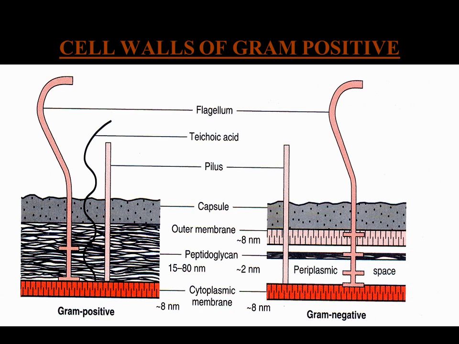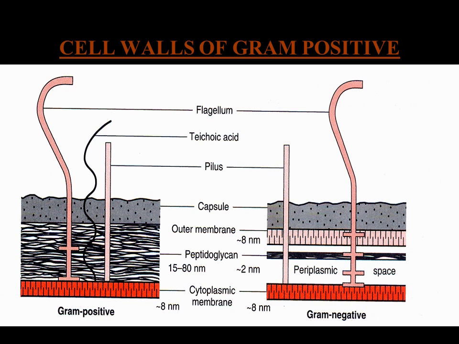Here I was telling you the basic comparison between the two categories of bacteria, the gram positives and the gram negatives. I was telling you that the peptidoglycan layer is the basic component that is different in the two types of bacteria. In gram positives, it is a thick one, and in gram negatives, it is a very slim one.